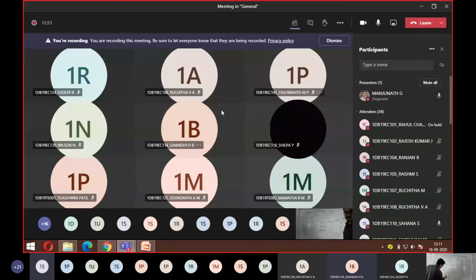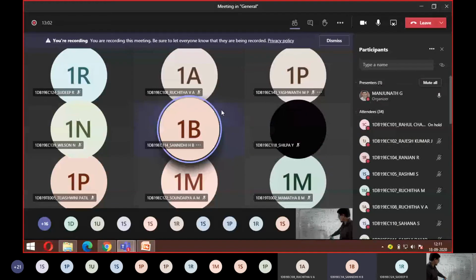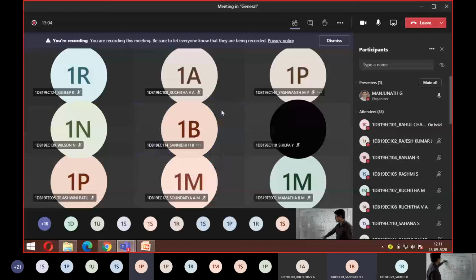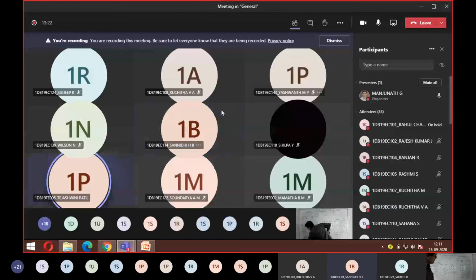Similarly, compare M3 with M11. M3, same thing, and M11 is 1011. What's the answer? Dash 0, 1, 1. So the only change is happening at the first level, right? So M3 with M11, the change is here, 0 to 1, remaining all same. So I will write here M3, M11, dash 0, 1, 1. Correct? Is it fine? Yes, sir. So likewise, finish off.